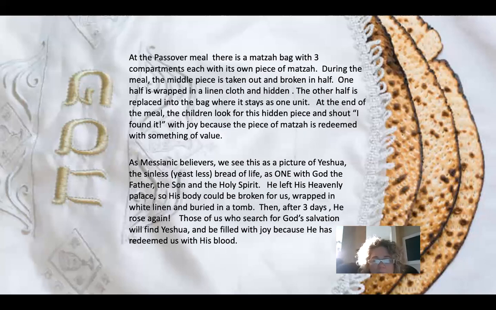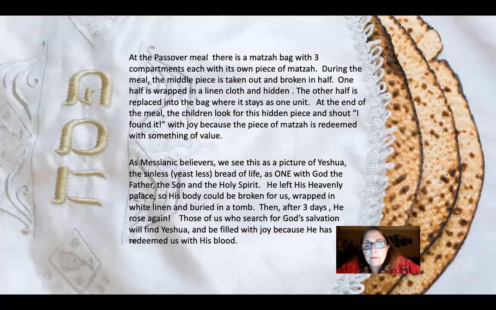Yeah. So as Messianic believers, we see this as a picture of Yeshua, the sinless, yeastless bread of life. So Yeshua is sinless. He didn't have any yeast. As one with the Father and the Holy Spirit, he left his holy palace so his body could be broken for us, wrapped in white linen and buried in a tomb. Then after 3 days, he rose again. Those of us who search for God's salvation will find Yeshua and be filled with joy because he has redeemed